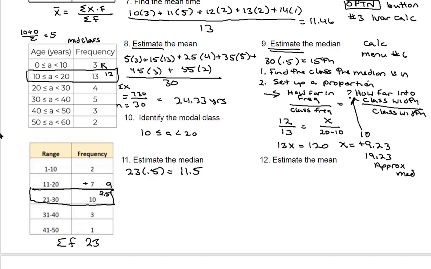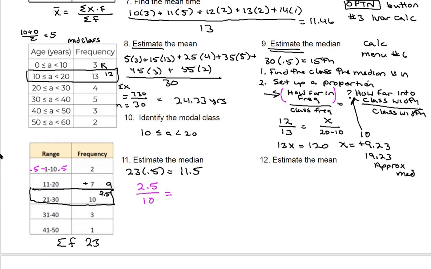We've used up 9, so we're going to go 2.5 into this 10, or this frequency of 10. So that's the first fraction. We're going 2.5 into 10. And then we're going to make it equal to how far we have to go into the class width. Now, we don't know how far we have to go into the class width, so we're going to call that